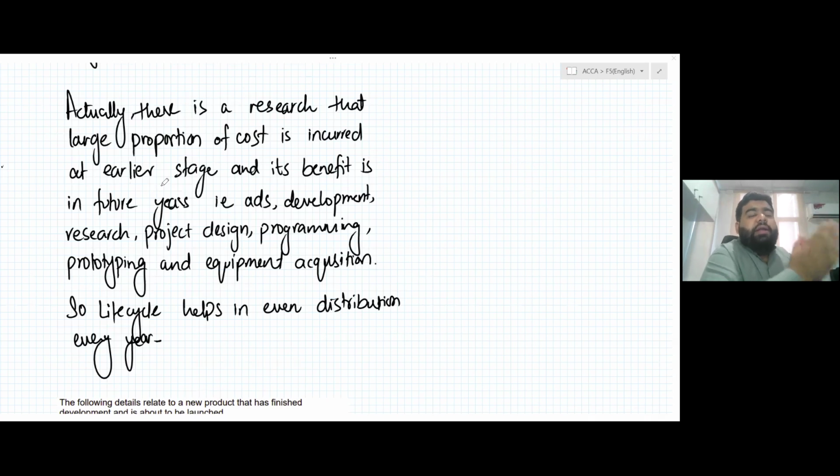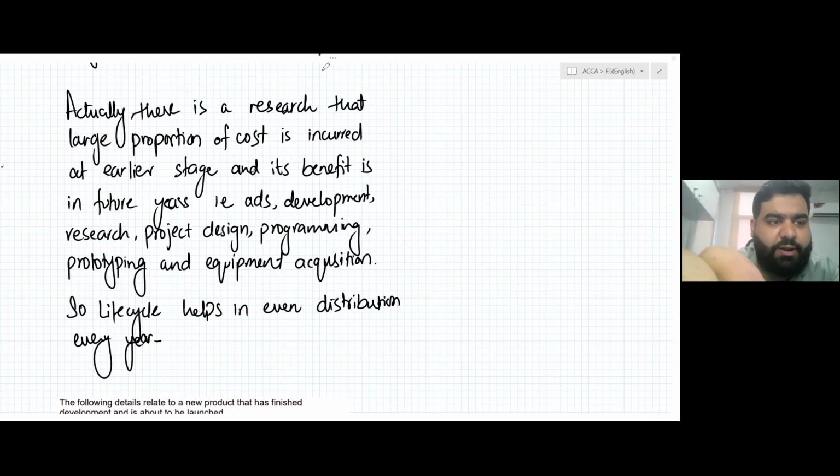Your cost incurred in year one and year two, the benefit of that research, the development, that marketing, that testing, all that market research, the benefit received by you will be in year 3, 4, 5, 6, and so on afterwards. So actually, at the start, obviously, if you make the yearly accounts, it will make the loss. It will show you the loss at start. If you make the yearly accounts separately,